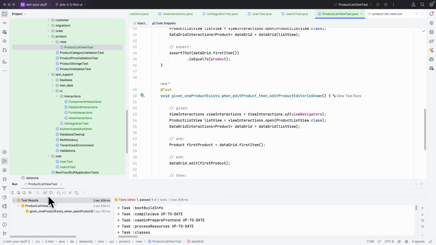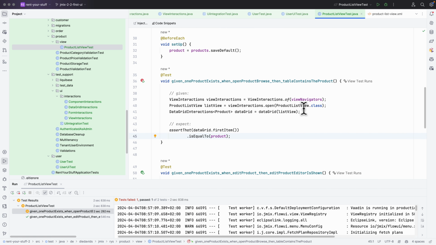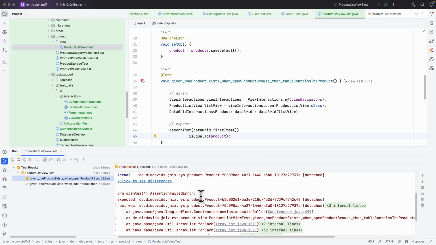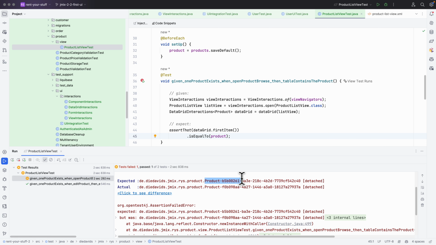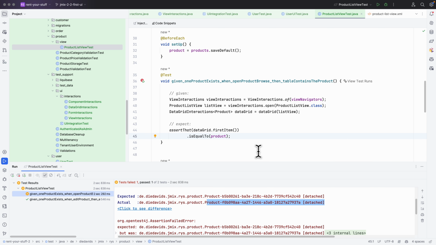Okay, so what we now can see is that there's one test passing and one test failing. And I've seen that in the preparation for this video as well. So actually when we look at it, it's basically saying that we expected one particular product, but we got another product. So it might be because in my test database, there's like another product manually set up or whatever. And then I reflected a little bit if this is actually the best idea to check if this is the first item, because